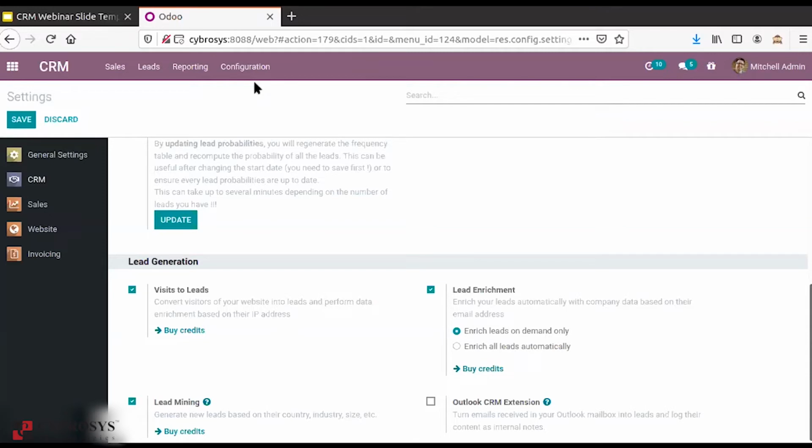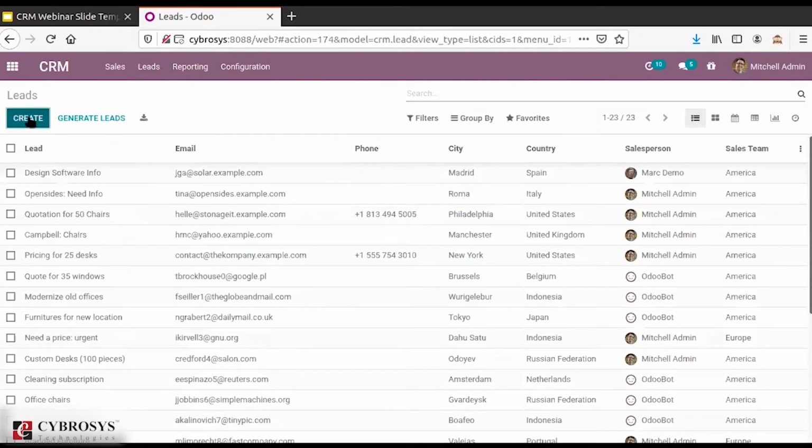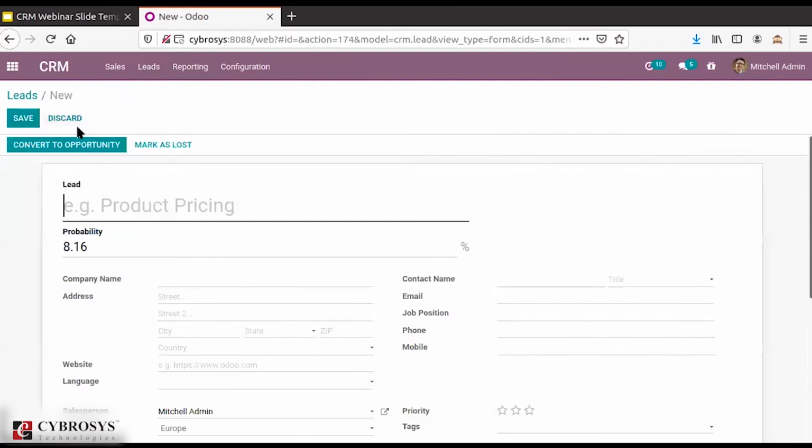Basically, as I told you, with this option you can enrich your lead automatically. When you enable this option, suppose I am creating a lead.